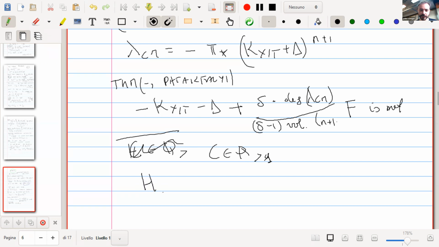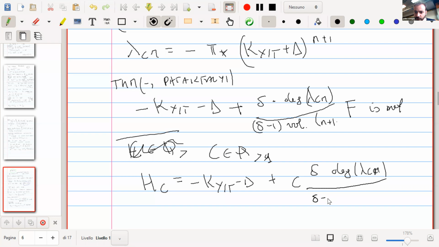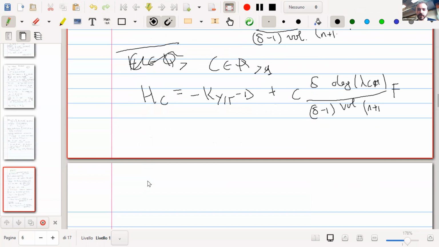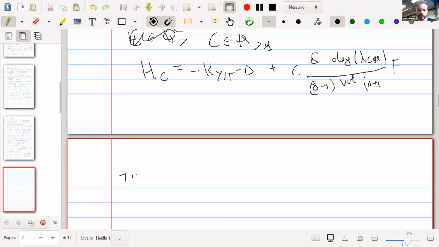And we introduce the Lamb bundle H_C to be more or less that one. So minus K_X over T minus delta plus C times delta times the degree of lambda CM divided by delta minus 1, which is the really important quantity, and then I guess again the volume, and then n plus 1 of fiber f. And then the theorem I want to present to conclude, which is joint work again, with myself, Luca Tasin, and Filippo Viviani,